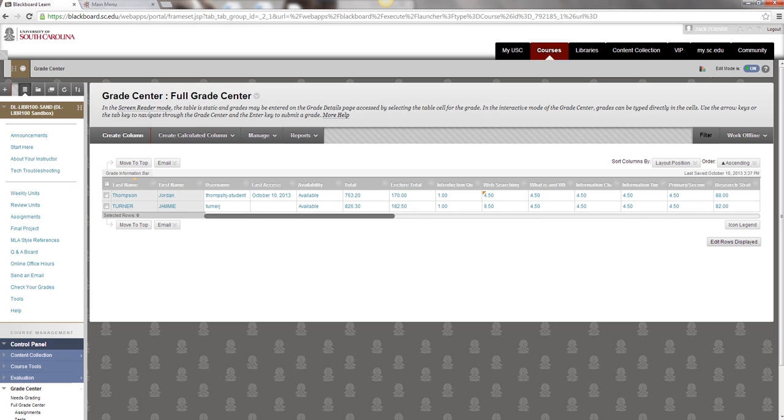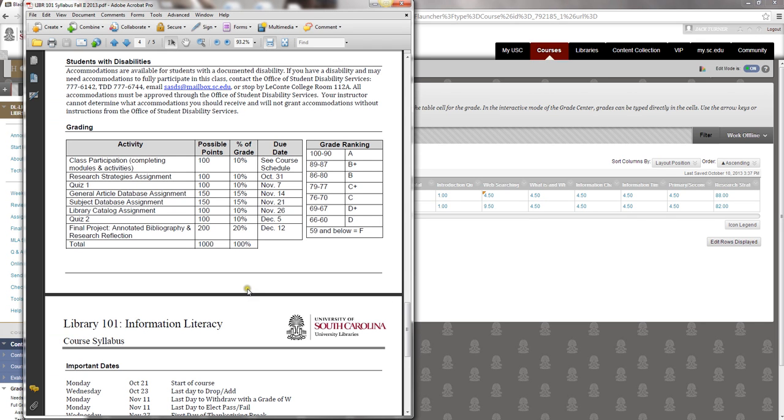For Library 101, this is stated in the syllabus. Certain numerical scores equal specific grades. In our example, the student whose final score was 76 received a C. The student who received a grade of 83 receives a B. However, be sure to check the syllabus each time you prepare to submit final grades because the scale may be